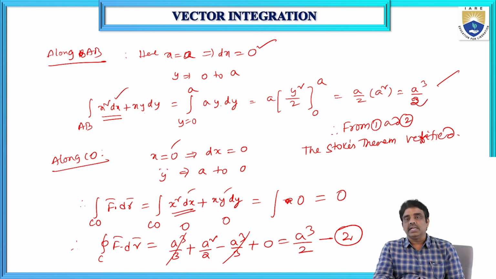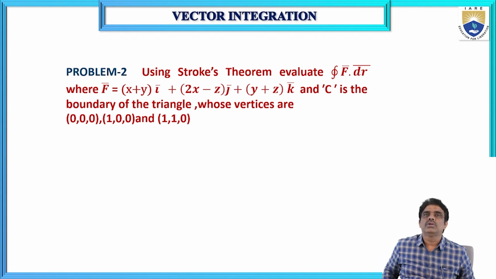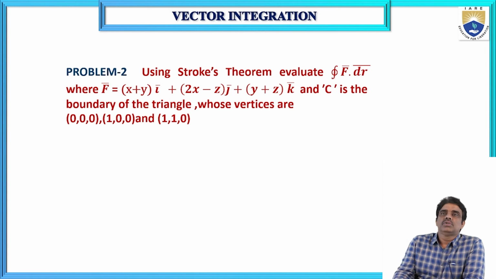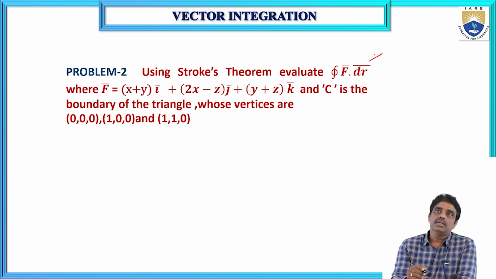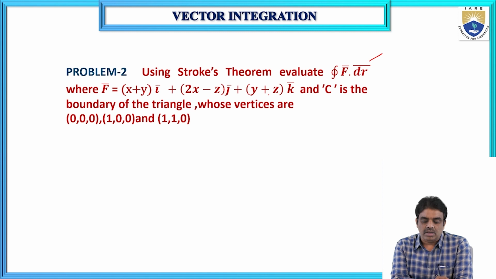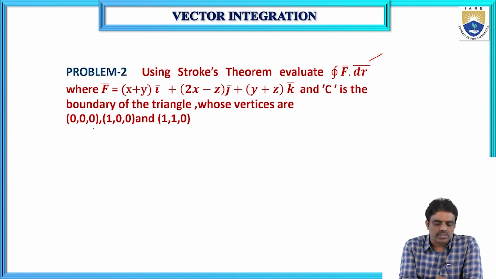So in this connection I will give one more example to you. This is also using Stokes theorem. So using Stokes theorem, see problem number 2. Using Stokes theorem, evaluate the integral over the closed curve C of f bar dot dr bar, where f bar is given as a vector and C is the boundary of the triangle whose vertices are (0, 0, 0), (1, 0, 0)